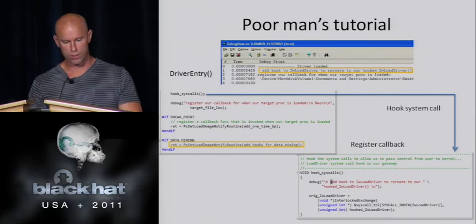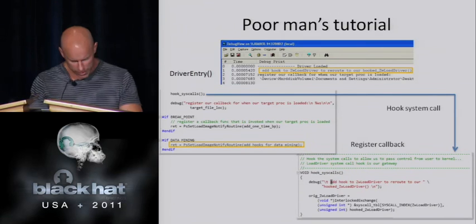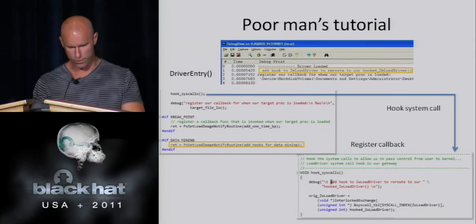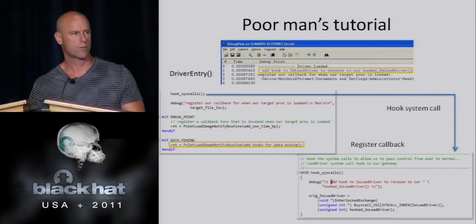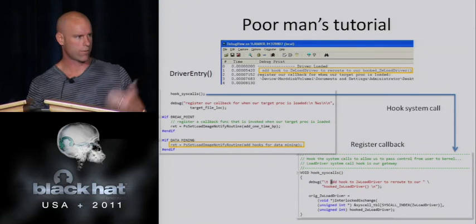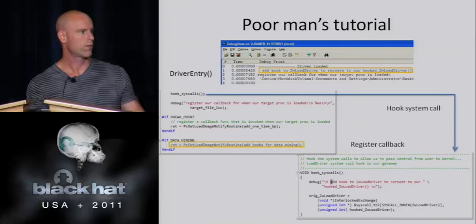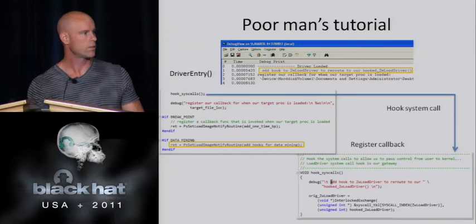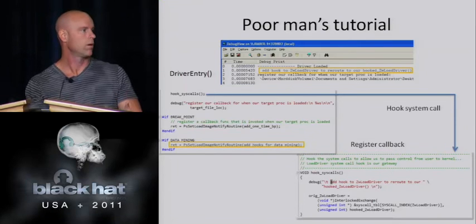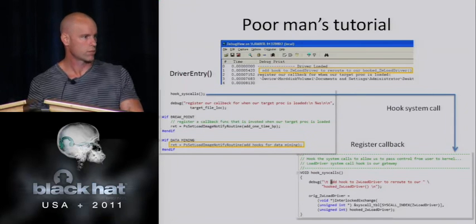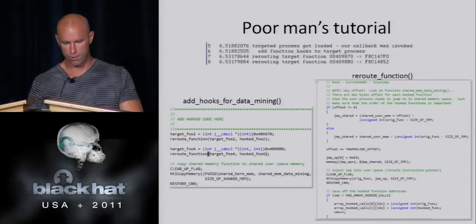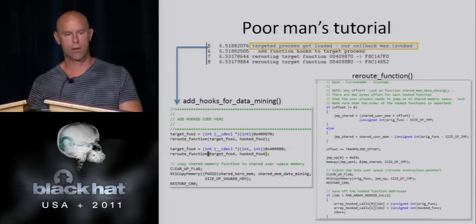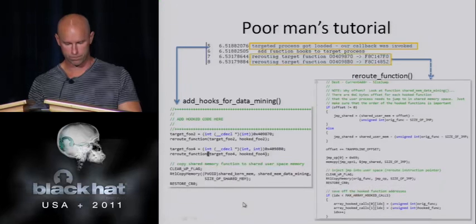The next thing I want to do is call this PsSetLoadImageNotifyRoutine, which is a callback. It takes a function pointer, and in that function pointer I'm just setting up whatever that target process is, so that when it gets loaded, I want it to be called before the original entry point starts executing. All right, so now that our process has been loaded and our callback has been invoked, we want to go ahead and start setting up the